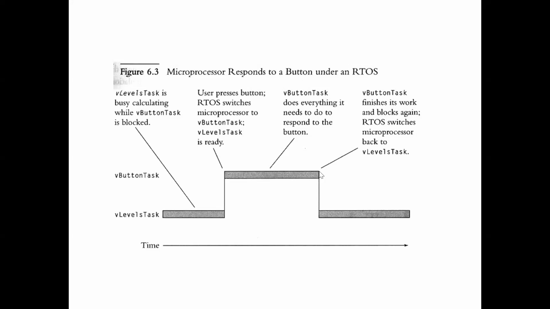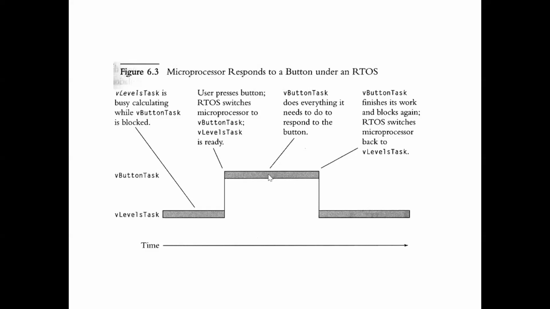So this transition shows from up to bottom. And now again there is a third gray area. This shows that the level task is in execution. So this is how your microprocessor will switch from the level task to the button task, and again from the button task to the level task. This indicates how your task will switch from ready to run to running state, from running state to block state, and from block state again to ready to run state, and from ready to run state to running state. So this is what happens in the RTOS.